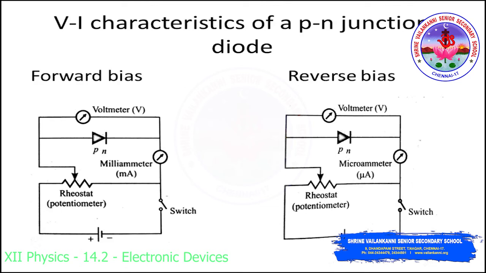For different values of voltage, we can note the value of current, and if we plot the graph between V and I, we will get the voltage-current graph, which we can call the forward characteristic. And the important features of the graph we will discuss. The reverse bias diagram you may also see in that way. This will help to study the characteristic curve of the PN junction when it is reverse biased. The microammeter is used to measure the small current in reverse bias.